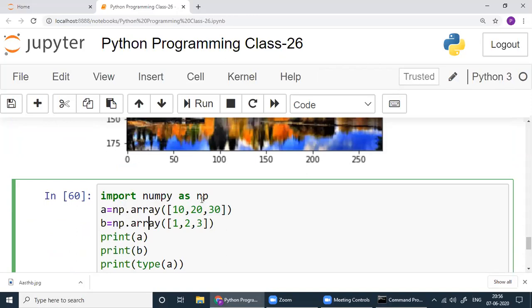The only thing is, whatever name you have given, you can give n also, n dot array. If you don't want to write np, then also it's fine. But we will not do that way. For everything we have to import. You have to write from NumPy import np, you know those things already in Python. But yeah, it's better. And everywhere, not only one document, if you see 1,000 documents,